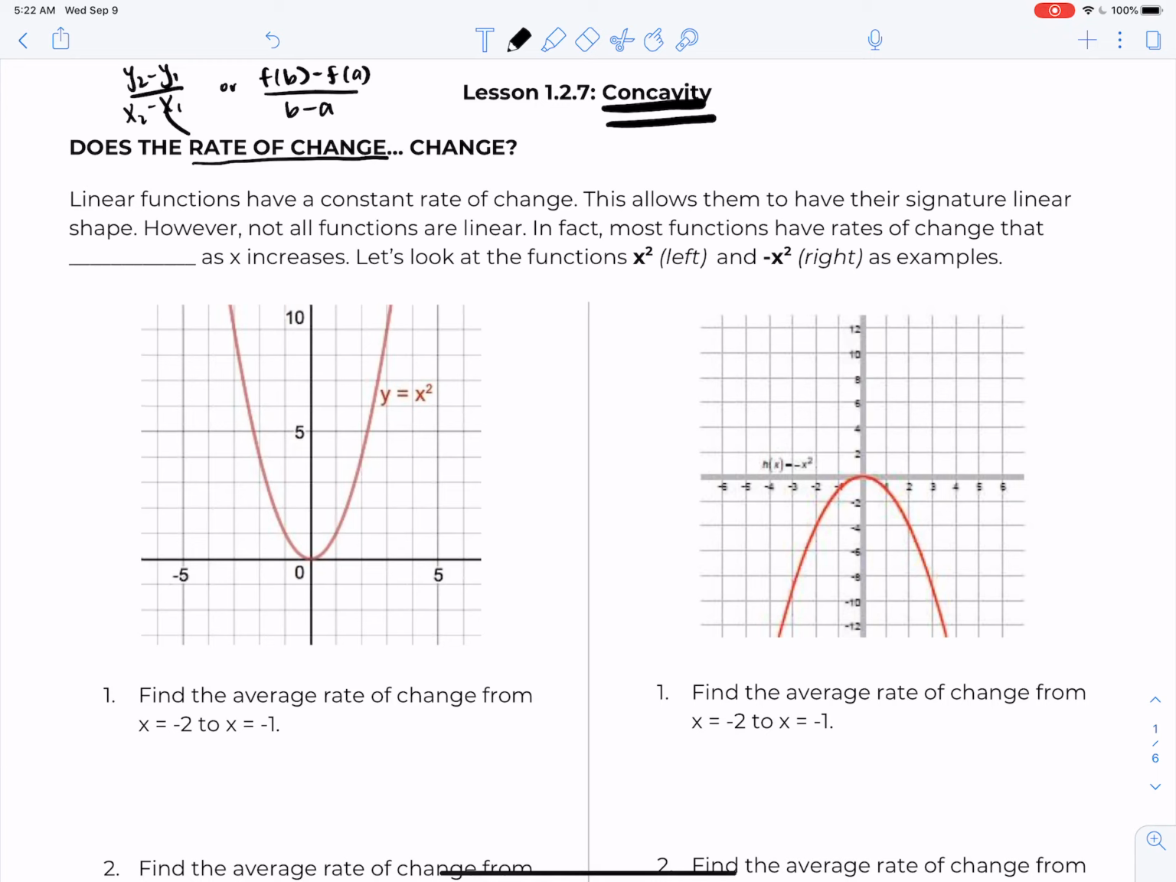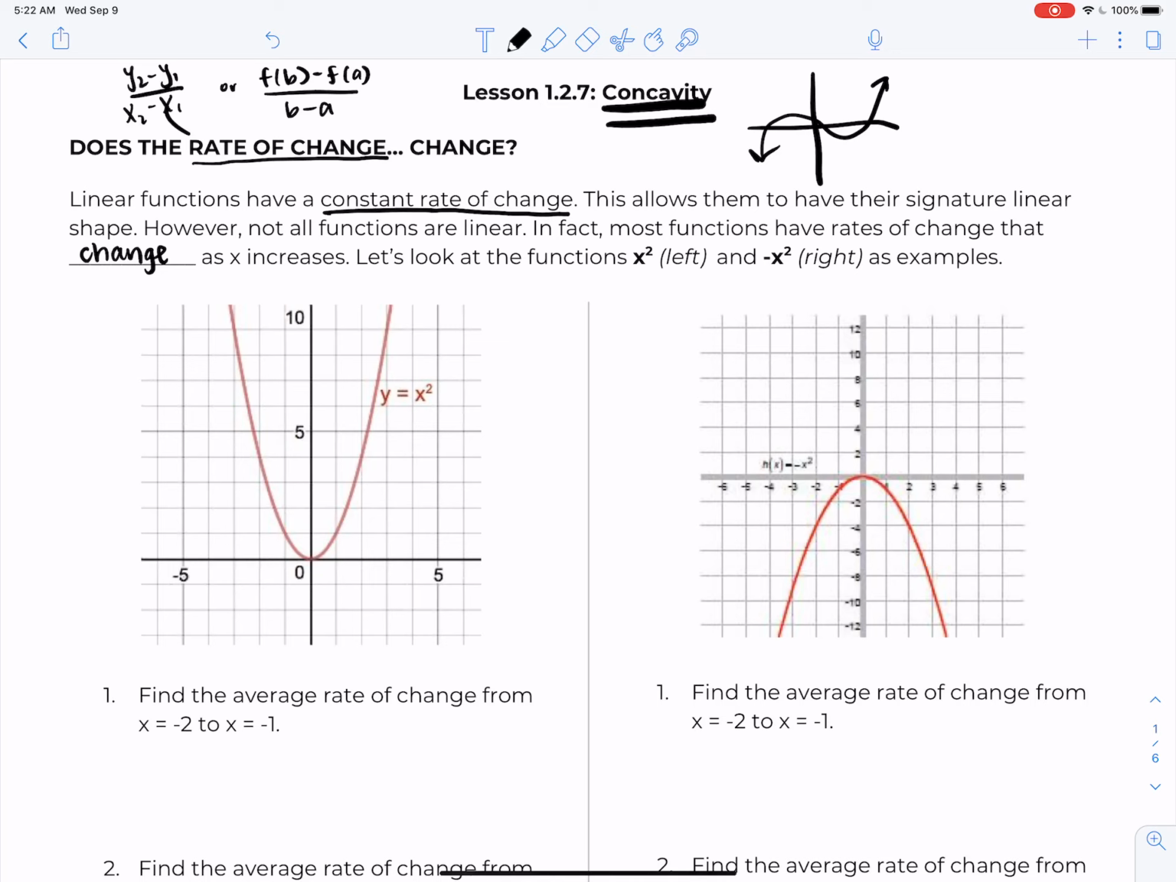The last several classes we've been talking about what makes a function linear. And we have seen that linear functions have a constant rate of change. And that's why they have a linear shape. But most functions we've seen in the past aren't linear, like in Algebra 2. You'll see functions with crazy shapes. I can draw a couple of them here. You can see a function like that, right? And that's definitely not linear. In fact, most functions have rates of change that change